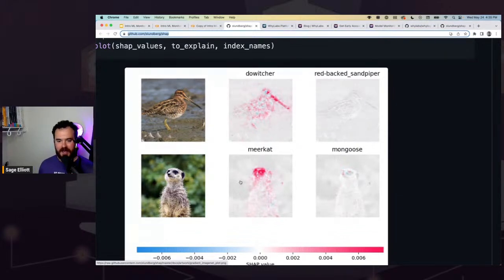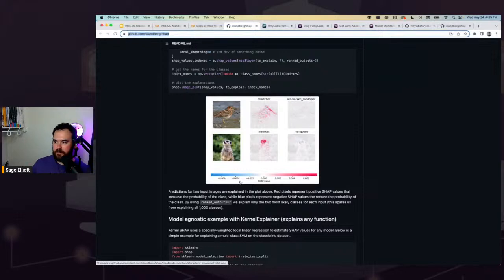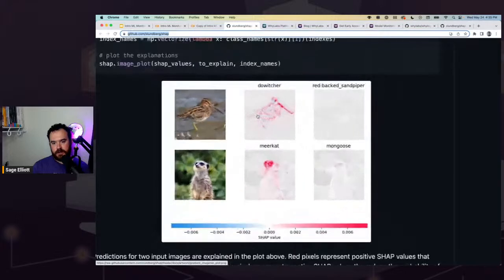Even as a human, trying to decide if it's a cat or a dog, you might think it's the ears or something like that. I've found it's often around the eyes, which I thought was interesting. It's a cool way of understanding why your model might be making predictions. If you had a false prediction on an image, you could run that image through something like SHAP, and maybe it's highlighting this specific area, and you realize, oh, it kind of looks like the eyes of a meerkat or something.